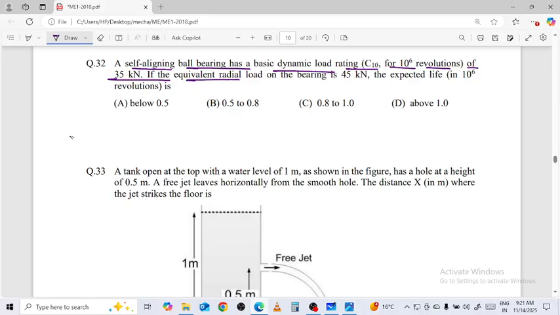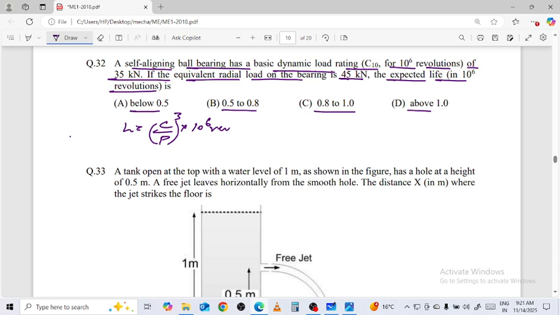If the equivalent radial load on the bearing 45 kilonewton, expected life is 10 raised to power 6 revolution is below 0.5, 0.5 to 0.8, 0.8 to 1 and above this। अगर हम बेरिंग लाइफ देखते हैं तो C अपॉन इक्विवेलेंट लोड की पावर n, n की वैल्यू जो है फॉर द बॉल बेरिंग के लिए 3 होती है एंड आपका रोलर बेरिंग के लिए 10/3।